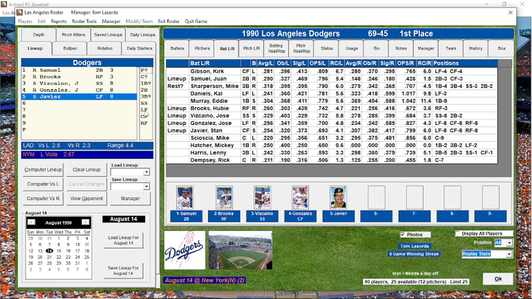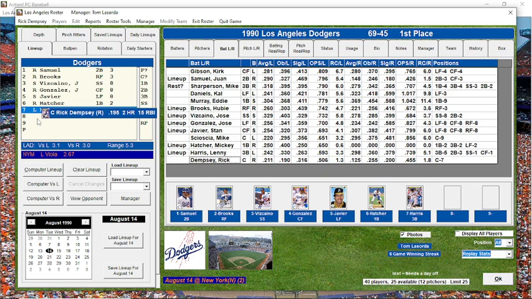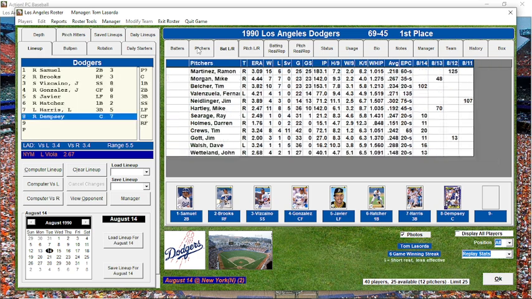Javier plays left. Hatcher at first. Harris at third. Dempsey catches. Fernando starts. Okay, let's hope that works.